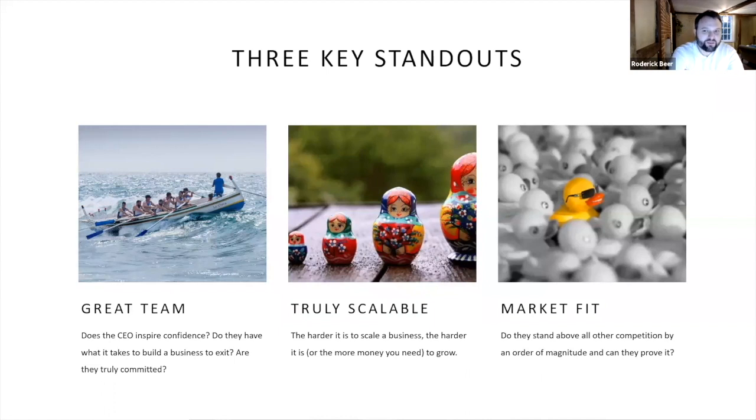So 3 key standouts from a company initially to look at, and big standout number one is a great team. I was about to say I can't highlight that enough, but I am actually going to highlight it an awful lot in the preceding slides and in the next slide, with some stats around it. But probably about 70% of an investor's decision, your decisions as investors to invest, should be based upon your perception of the quality of the team.